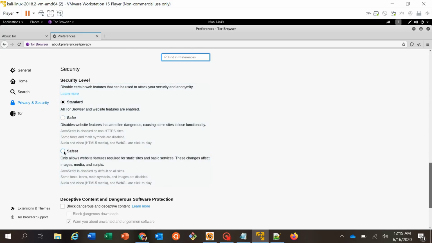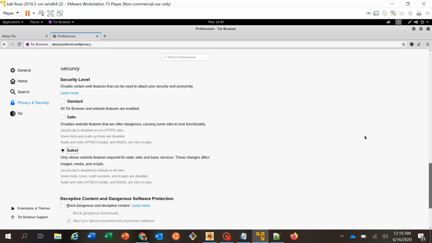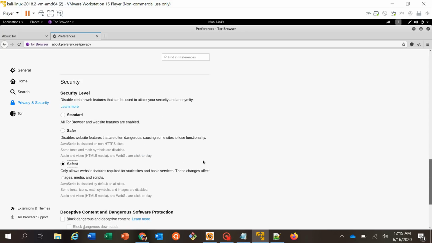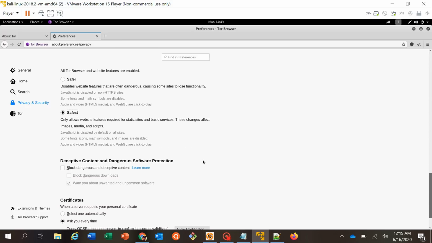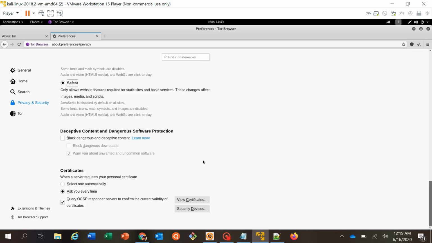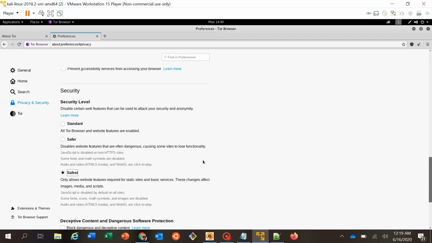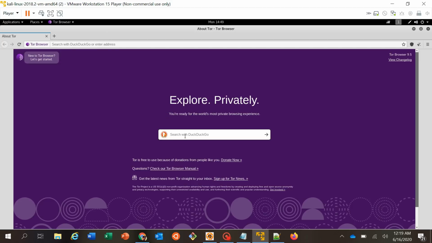And we will be doing this as the safest option, so that will disable all of your JavaScript and all other options. That is very much required, otherwise you might be exploited by some attacks, right? There are a lot of attacks happening, so for the safe side we will use the safest option. Okay, so you can search anything here, but we have a different